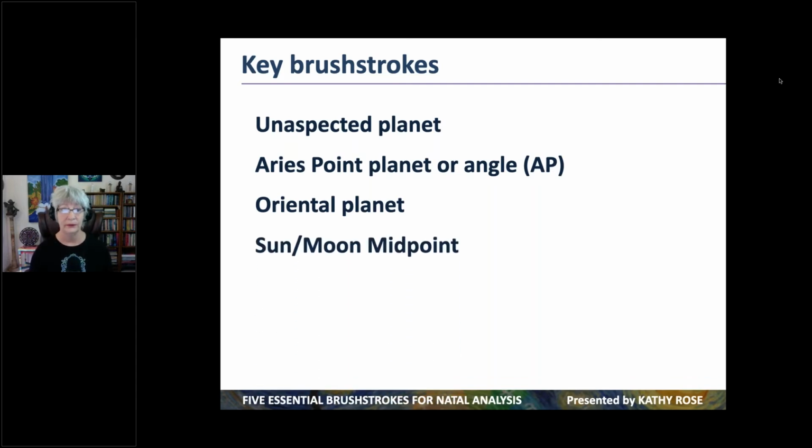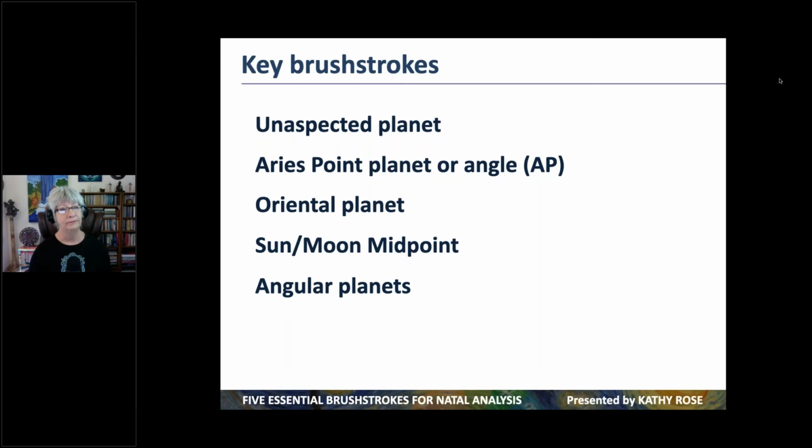I'll show you examples. I'm looking at the Sun-Moon midpoint, essential. As a matter of fact, I'm going to be speaking about the Sun-Moon midpoint when I speak for the ISAR conference in August 2021. And what I'm looking at is, are there planets or angles equaling that Sun-Moon midpoint? And then, of course, most people understand the power of angular planets. Planets conjunct any one of the 4 angles. And so I'll show you